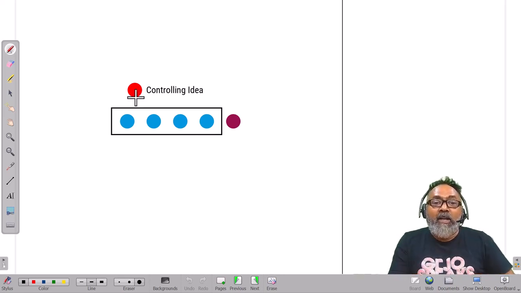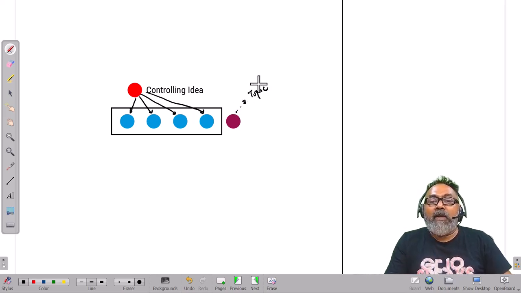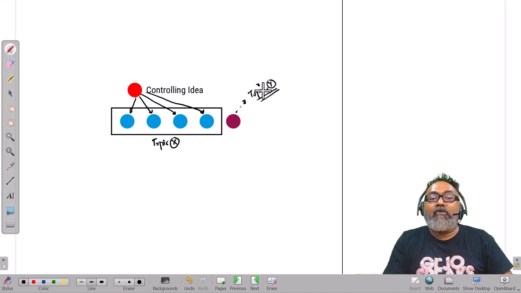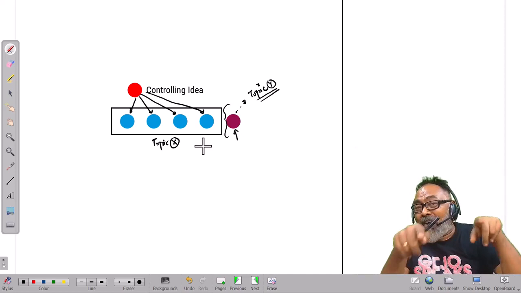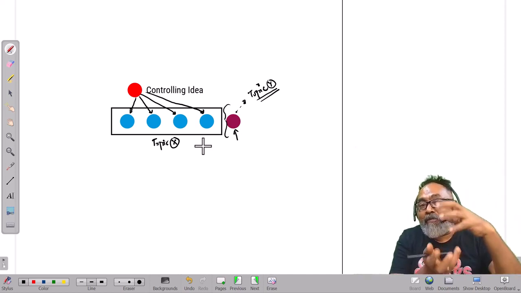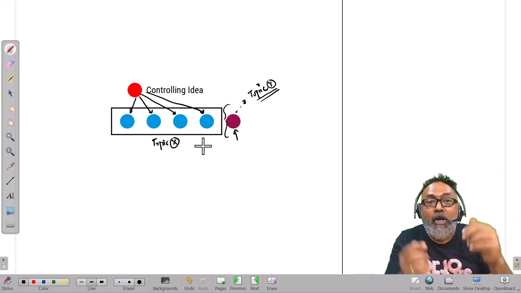So what does the controlling idea mean? That specific treatment that is done to that particular topic. The specific thing, that's important to understand. Okay, this may be related to the same topic, but the treatment that is given to the topic, let's say, is X. This is a treatment that is Y. So this particular sentence does not belong here. This particular sentence, which is an odd sentence, belongs somewhere else. Could be in the same overall essay, but not in this paragraph where we have this specific discussion that we are having. Right? So controlling idea.